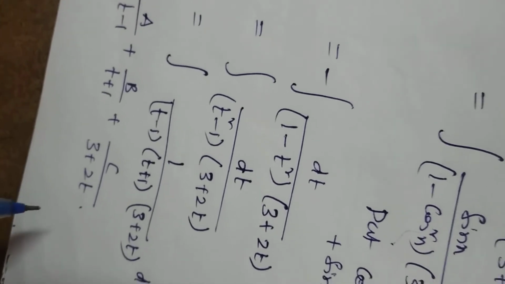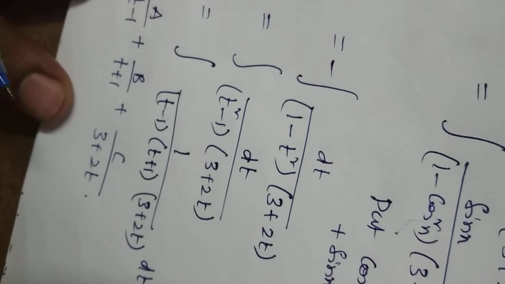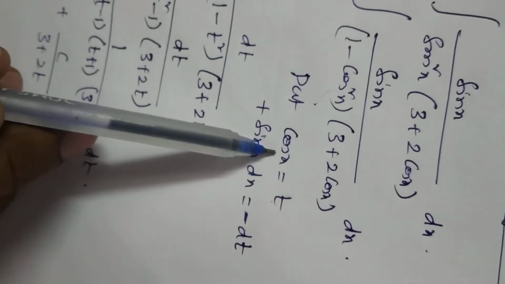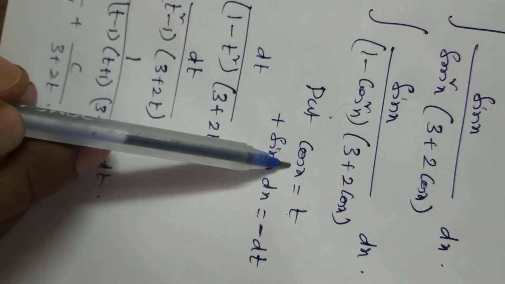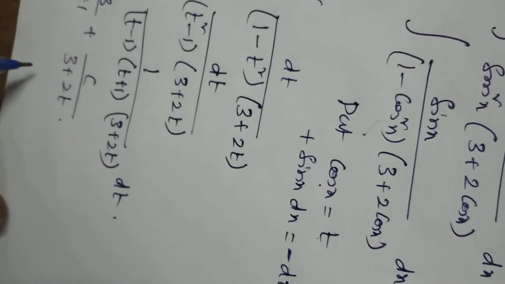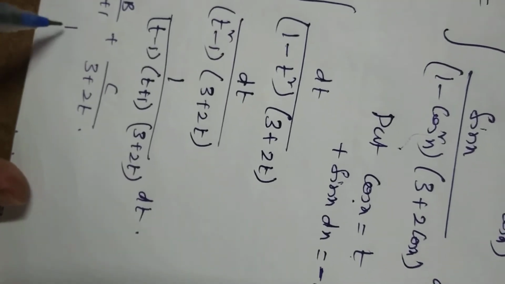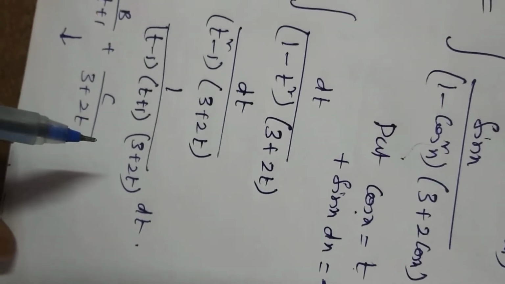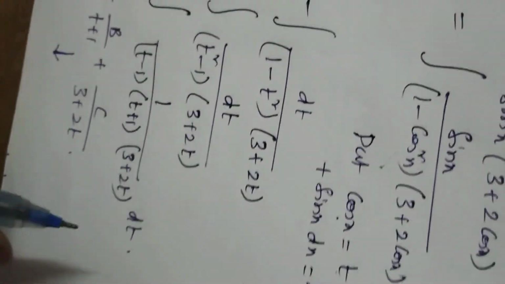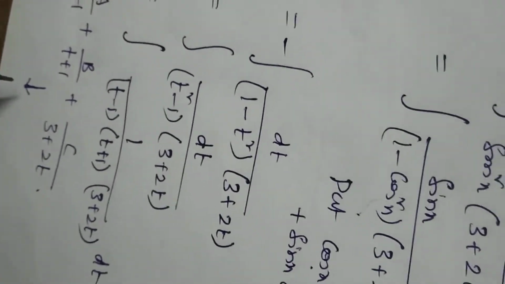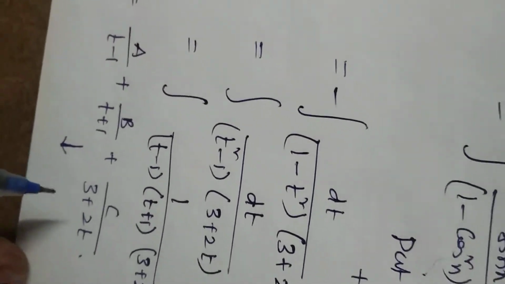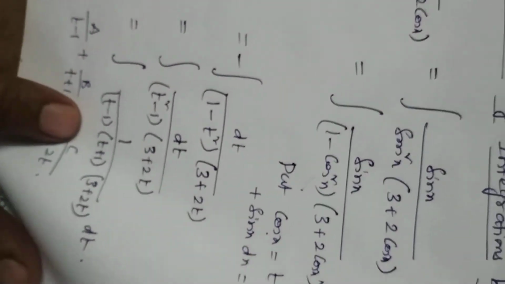Substitute all those values, and even after getting the result, don't forget to substitute t equal to cos x in the final result. So try to complete this part, because you should be perfect with applications of integration by partial fractions. Here I am not doing the partial fraction part, so you try to do this. It is easy only. Okay, let us go for example number 2.